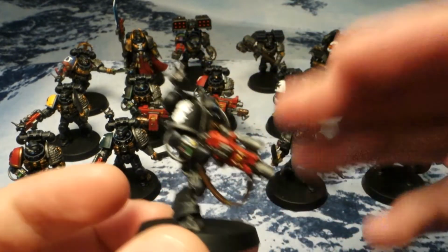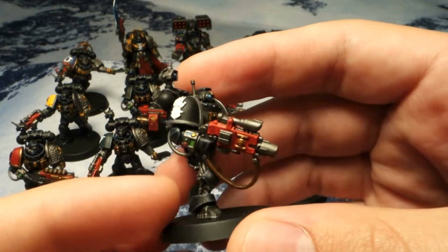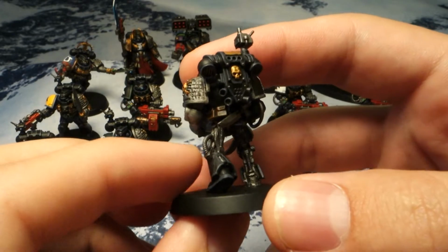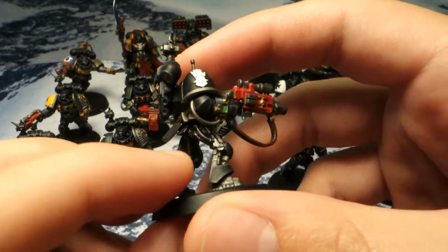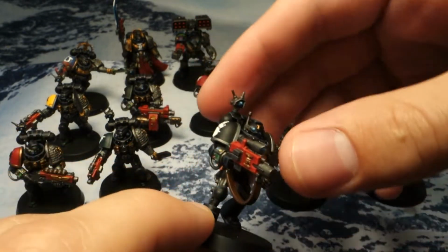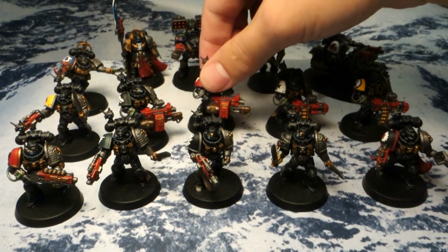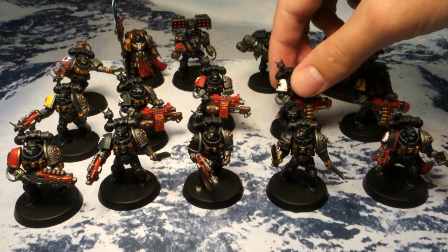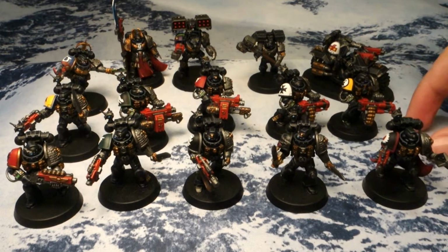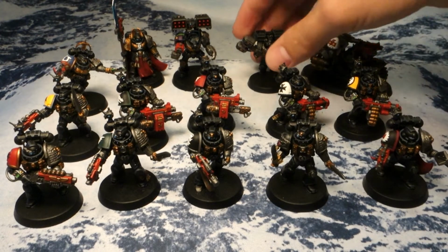But while building them, I also try to make them a little more thematic. So for example, here's some Iron Hands, and I gave them the Stalker pattern bolt gun, and I even had some old school Iron Hand legs. They're actually fine cast, but they look pretty good. And I kind of went around and did that. Like gave the Salamanders and the Blood Angels the Infernus heavy flamers, and then of course I got the Black Templars and the Imperial Fists to have the frag cannons, and White Scars on the bike, and the Raven Guard,